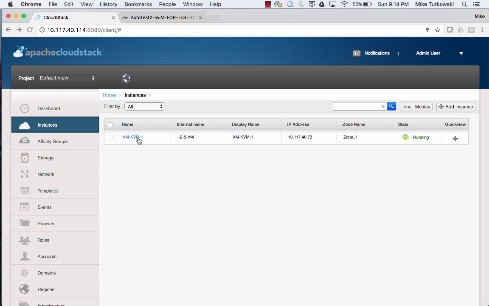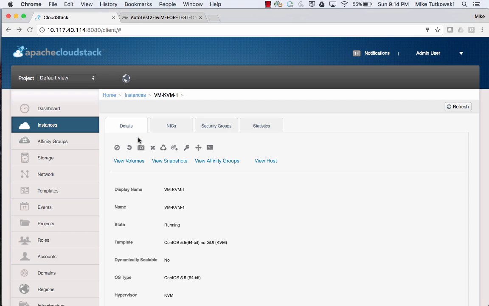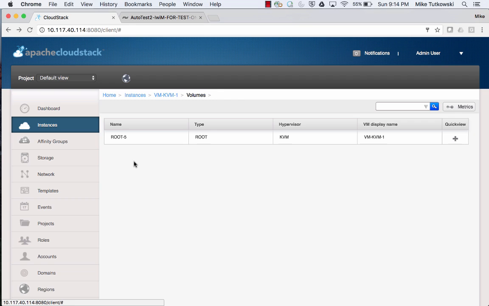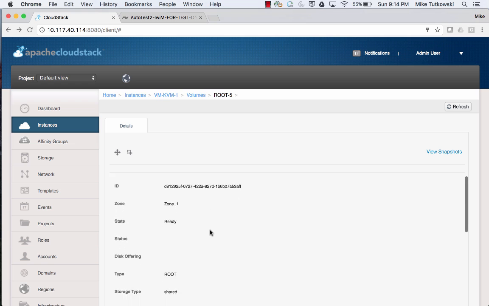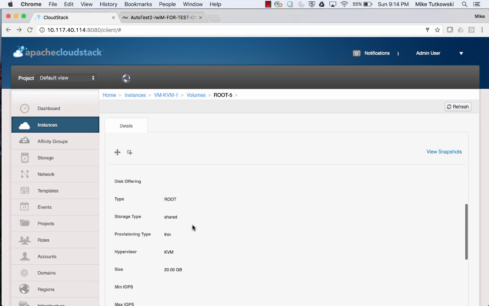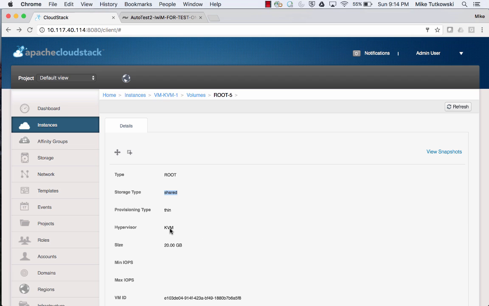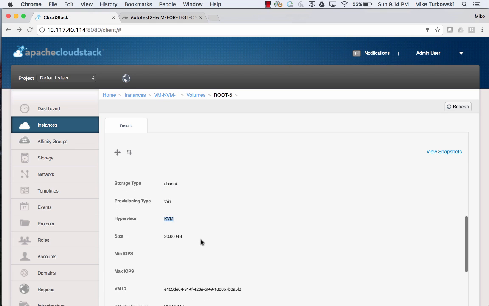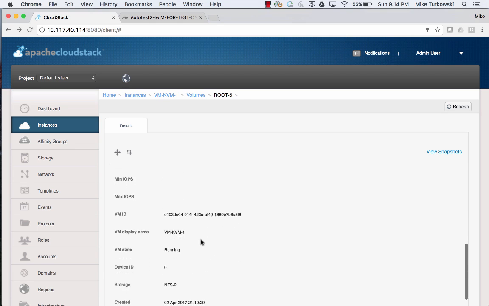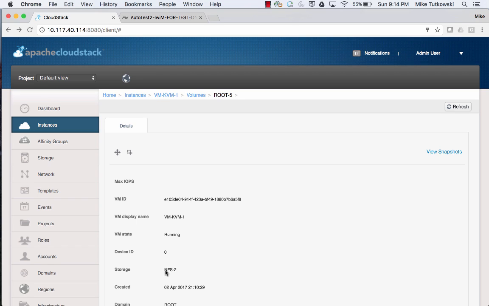on KVM. I'll click on its name, and take a look at View Volumes. I'll click on the name of this one and only volume, the root disk, and scroll down. We can see that it's on shared storage, which I just highlighted. The hypervisor is KVM, and if we scroll down, we can see under storage, it's on a primary storage